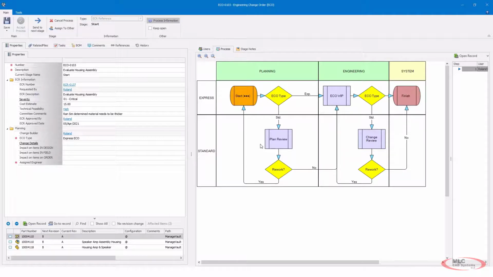If inventory is going to be affected, then we need to go into what we call a standard ECO. And again, this is the vernacular that Acme Audio is using. You could use different names for different things. And all that means is if we are affecting inventory, whether it's inventory that's already in the field or inventory that's been ordered, or maybe there's actually a product that's already on the shop floor that needs to be modified, we need to develop a plan for the way that we're going to